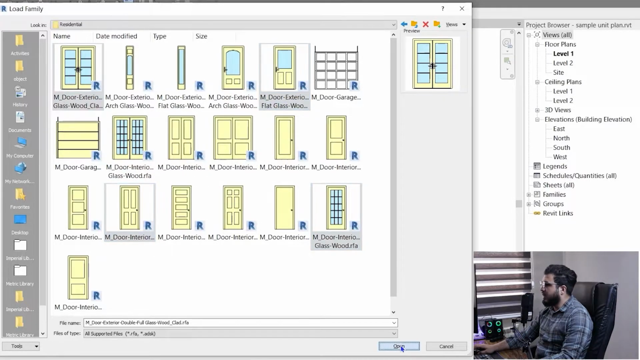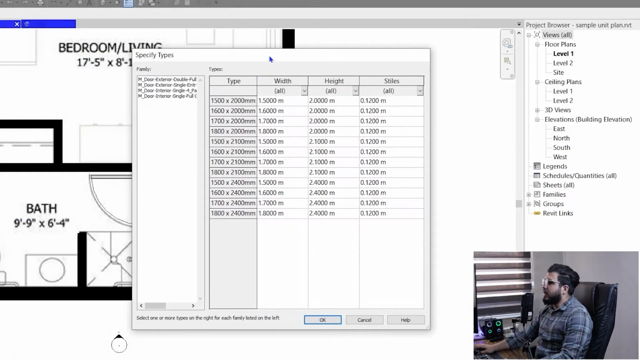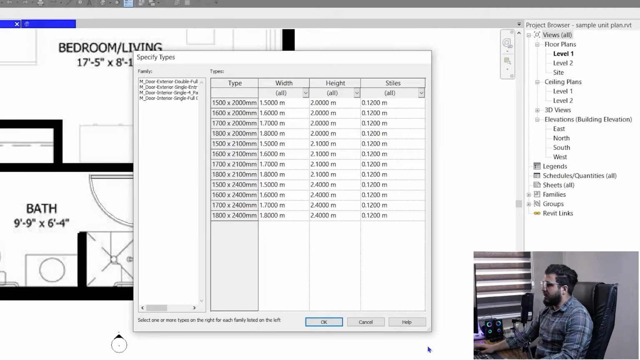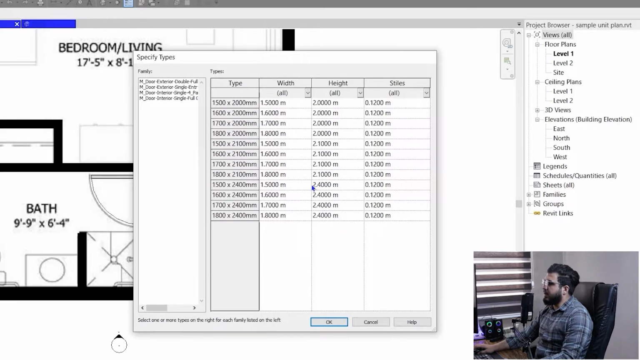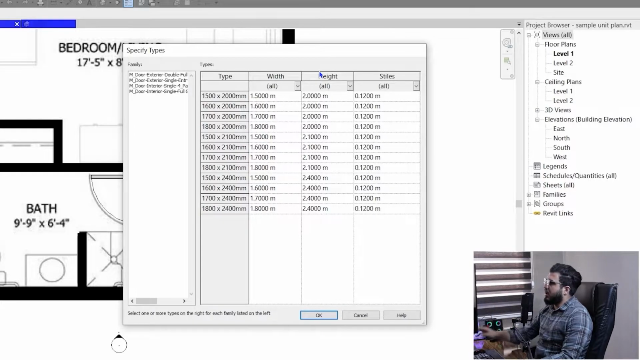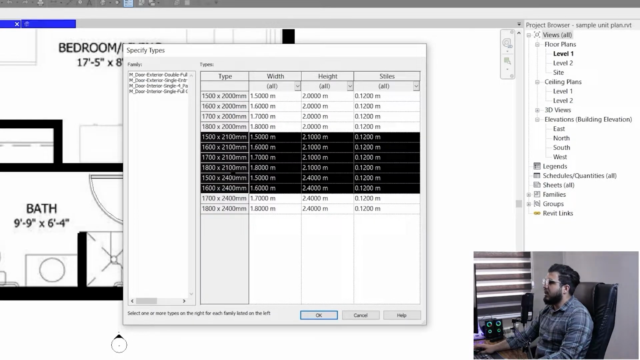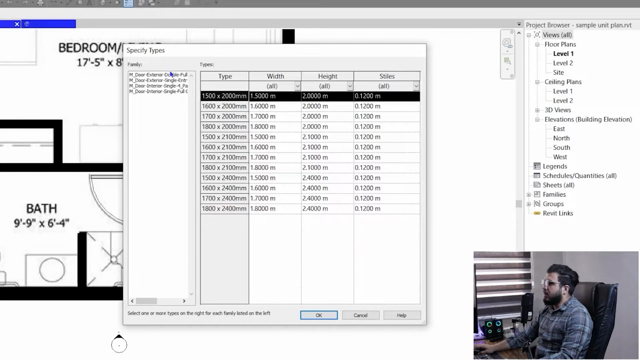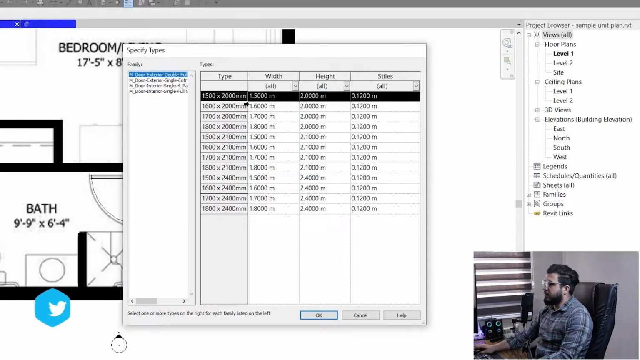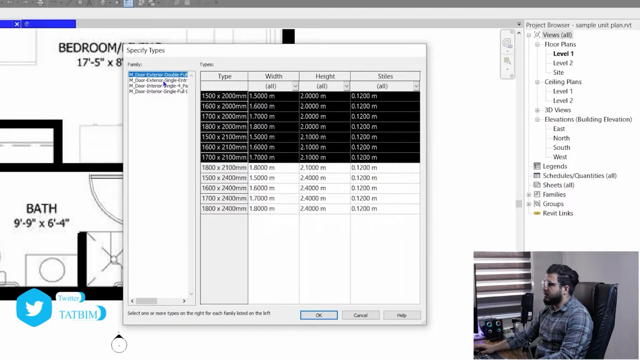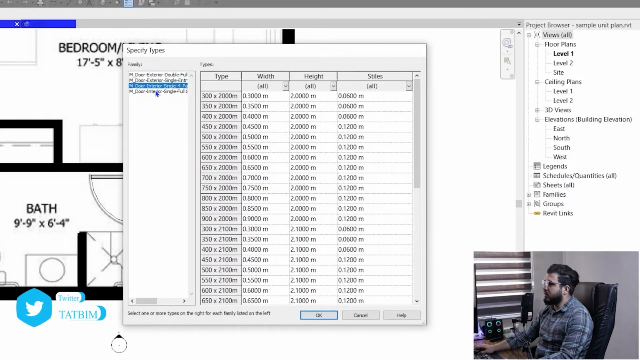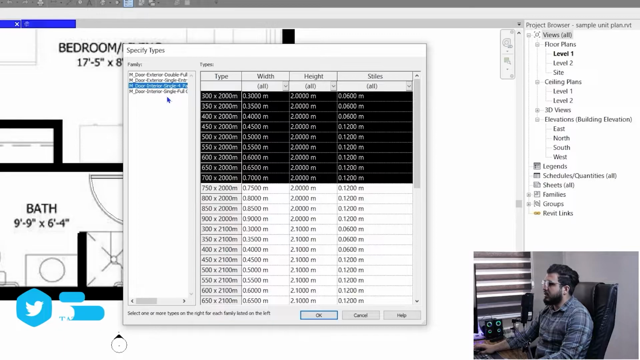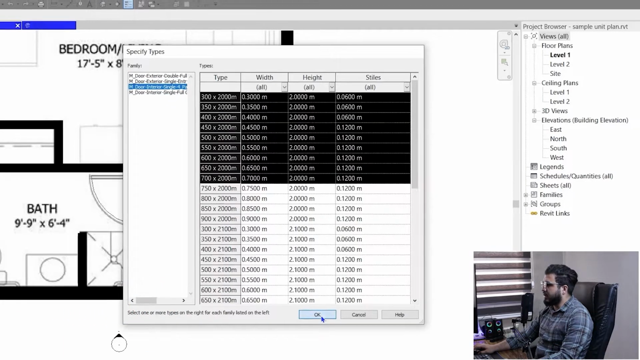For example, this one. Click on open, and the window that you are seeing in here, this is the family type catalog. Don't confuse yourself, just select the types that you want from each door. But from the first, let's select these. From the second one, two, and let's select some types from each of them, and let's click on OK to